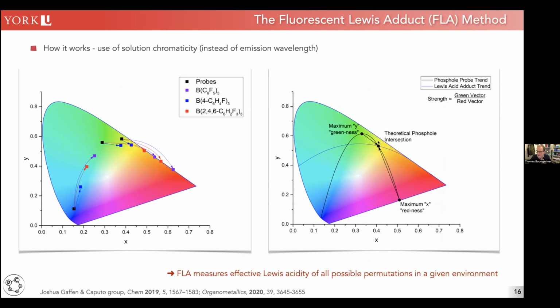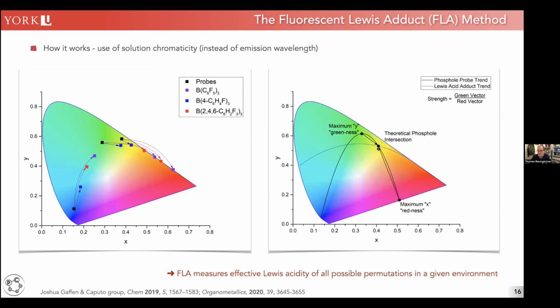This is a theoretical probe, and we correlate that with the hard and soft acid and base theory, because the strongest adduct is formed between a strong acid and a strong base, or a weak acid and a weak base. If you have a mismatch, the bonding energy is not right. So we think that this spot, the redshifted intersect, corresponds to the perfect match of the Lewis acid and the Lewis base. That's why we think we can correlate and extrapolate that. There's more math in there, but I'm going to spare you the math. We can extract that and ultimately correlate that to the Lewis acid strength.